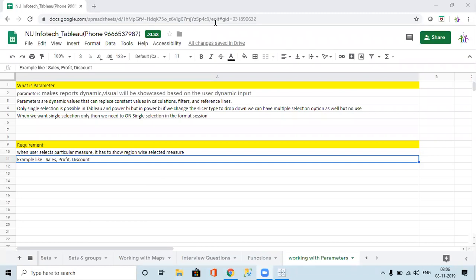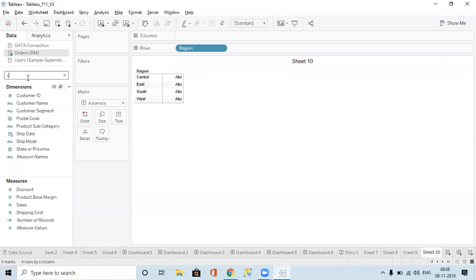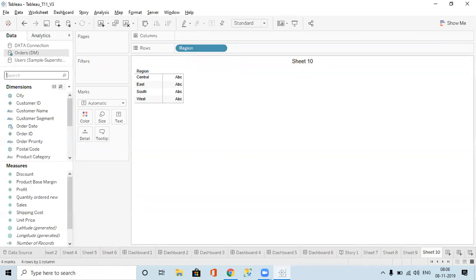So look here. Sales is there, profit is there, different individual measures. But I want to select them like sales, profit. In Power BI, we will create a table and showcase the three things: sales, profit, discount, and give numeric values.